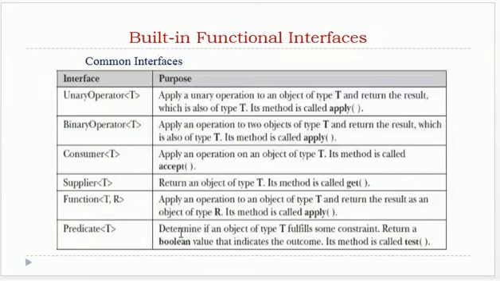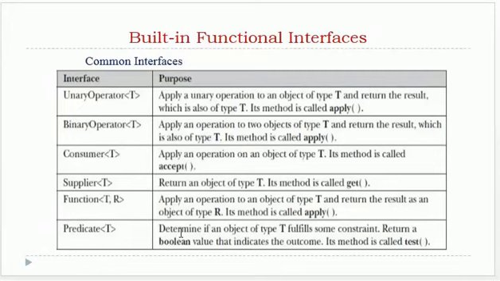Similarly, we have another functional interface, the predicate, and predicate means something which returns a boolean value, right? Because the majority of the time, let's say I want to check is even, one example that we have done. So is even means that it's taking a parameter and telling you whether it's true or false. These kinds of methods we say are a predicate. So whenever I need it, I need not write a functional interface separately. Java has already written a functional interface for me, and its name is predicate.